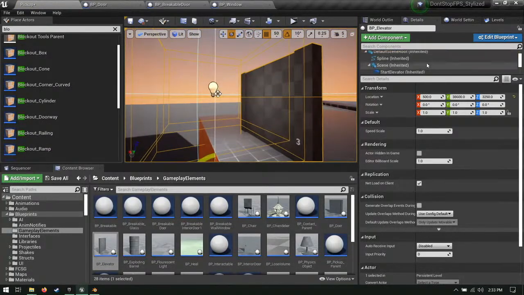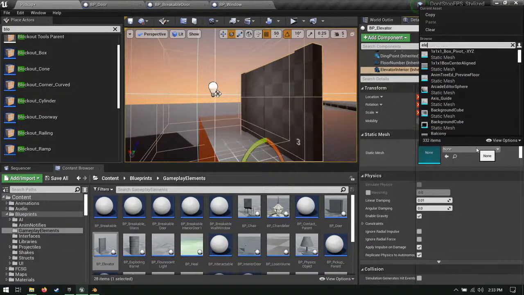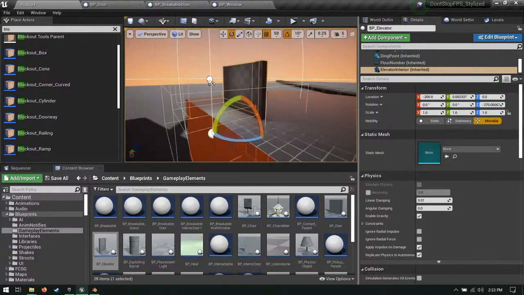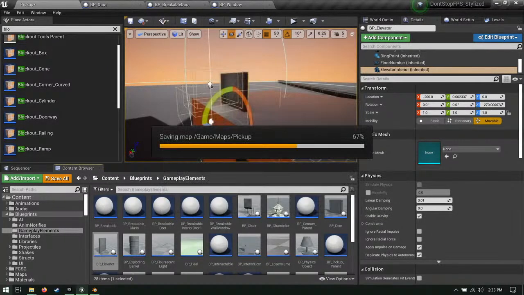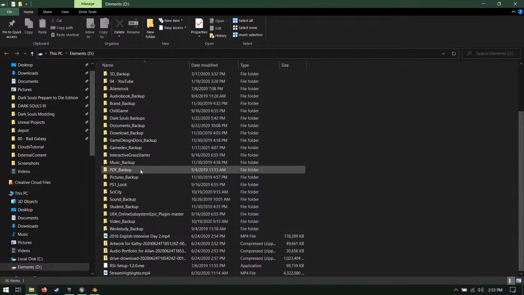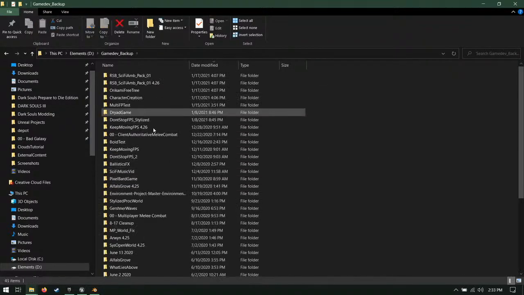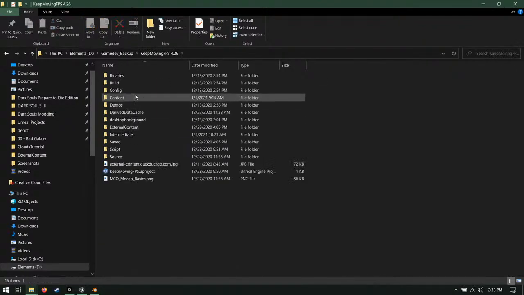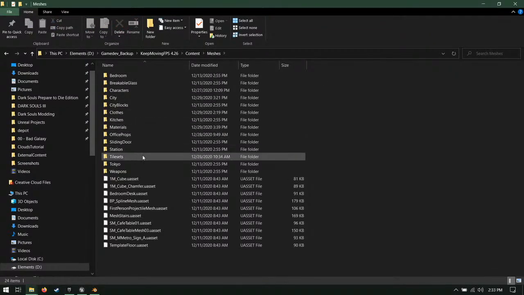Ooh, wait. Ah, no. Why is my elevator dead? Elevator? Oh no. Okay, I need to open up my other project, my old version of this project, rather. And content meshes. Okay, there's a